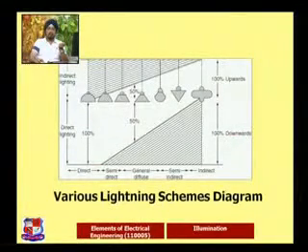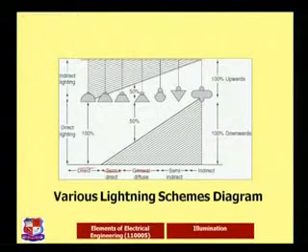One more diagram will show that direct lighting, semi-direct, general, semi-indirect and the indirect one. So moving from direct to indirect, the curve is linear, and it goes on increasing from the downward to the upward side. Opposite of the same, it goes in the opposite direction for the ceiling side or the upward side.